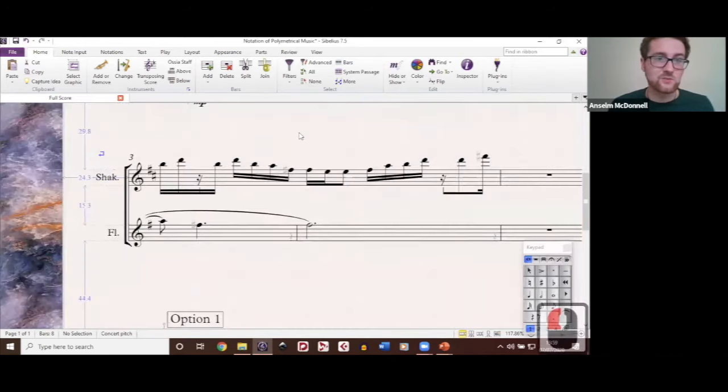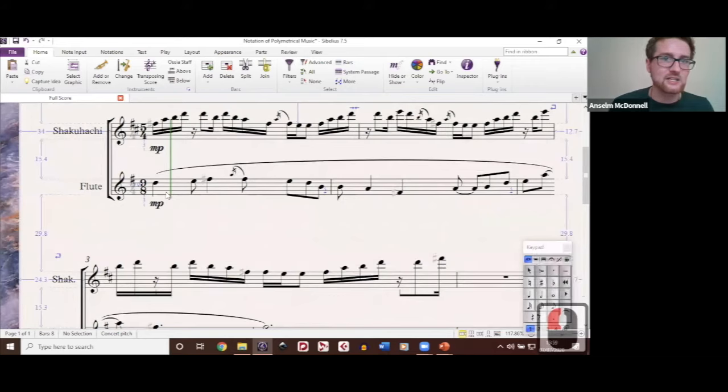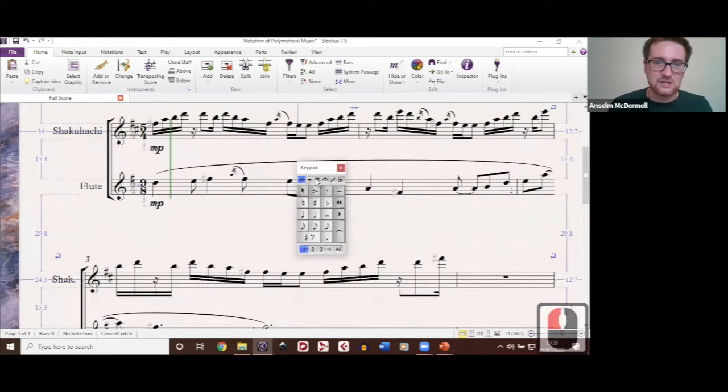Now, the final thing this composer was asking about was beaming, because obviously we want to beam this correctly so that it's clear that this is in 9/8 and this is in 5/4. All the beaming instructions are down here in the keypad, okay? And the main ones we'll want to use are these 3 here: start beam, middle of beam, and end beam, okay? So if I want to beam things together,